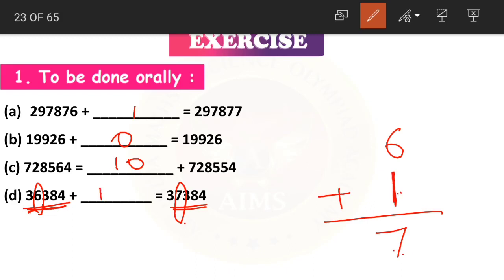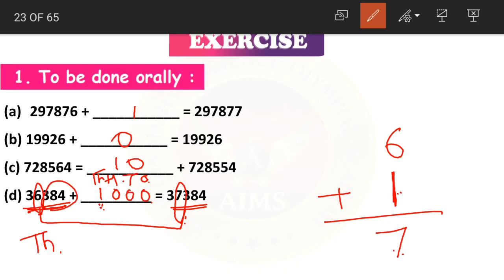But if I write only 1, again in which place is this? This is in ones place. But here in which place did we add? We added in thousands place. Yes, so I want this in the thousands place. Ones, tens and hundreds. Now what to do with ones, tens and hundreds? We simply add zeros over there.